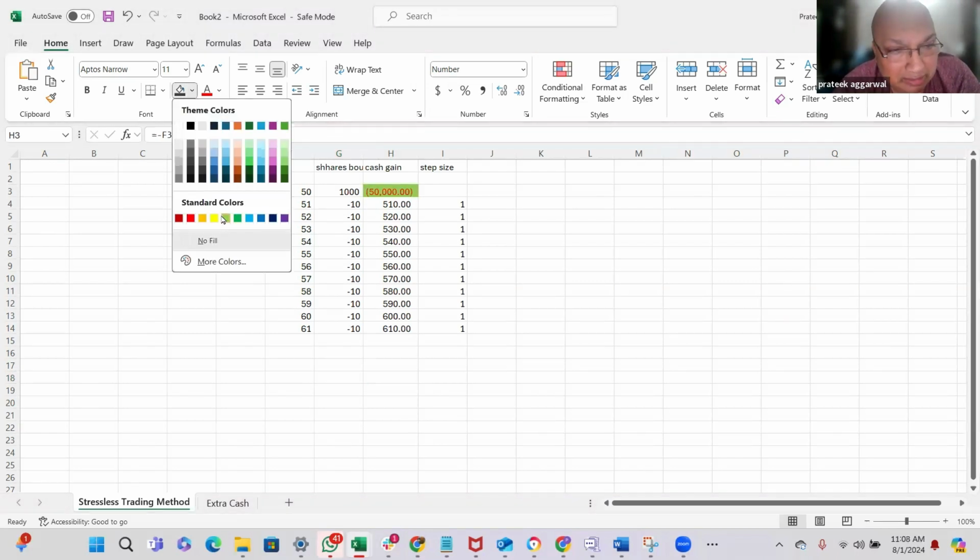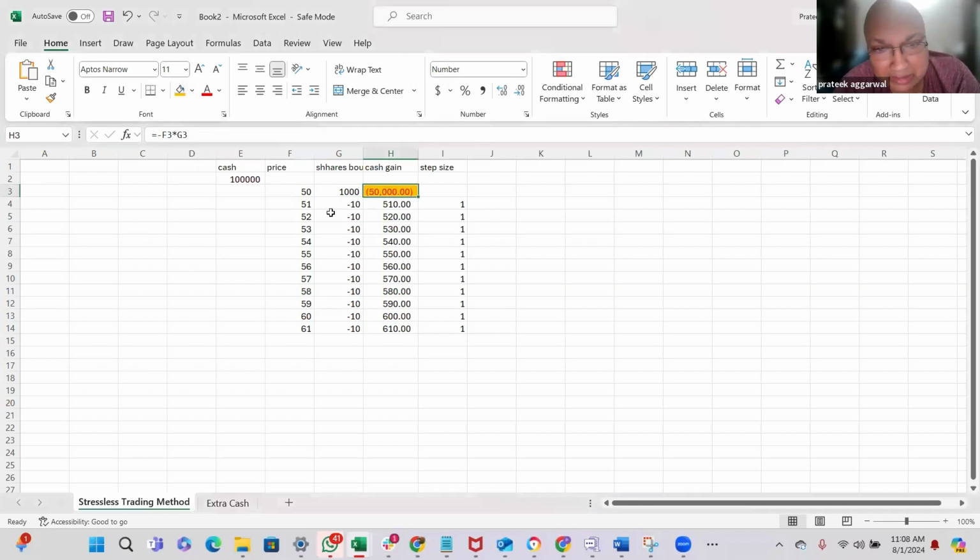I'll just highlight the ones that look like parameters. This is one parameter. This whole column is one parameter. Usually we just set it up as one constant and just work with that constant as the price rises or falls. And once you've set these two parameters, the third parameter is of course this parameter